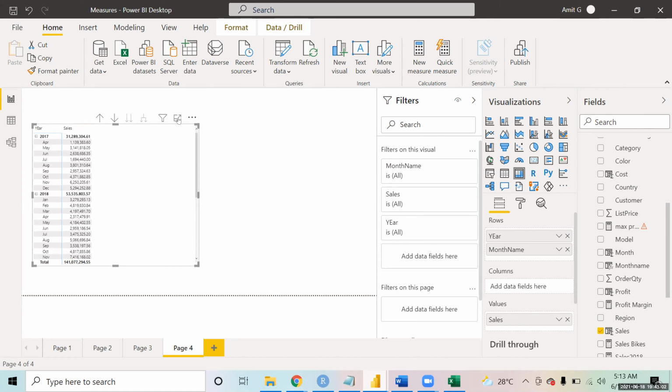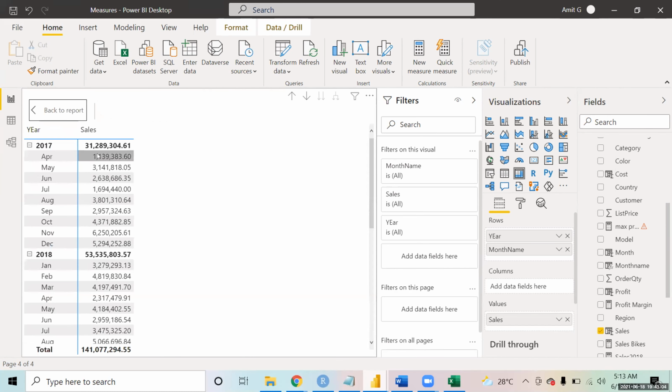Now suppose what I would like to do over here is compare the current month sales with the previous month sales. For example, in the month of April, I want to compare it with the month of May, June. This is what I want to see. For that, we use the previous month formula. Yesterday we did this, I think, Amit. One of the formulas we did was previous month and the difference of that. Yes. We'll just be adding a lot of stuff to it.